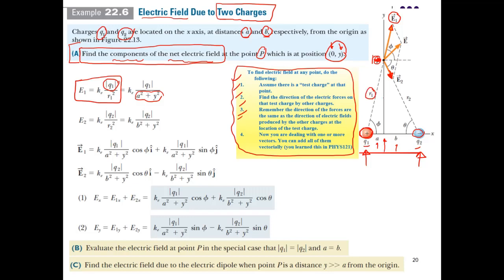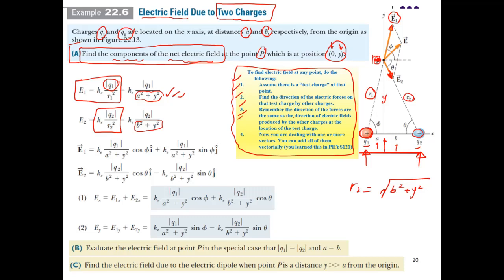Simple. This is Y. This is A. So R1 has to be equal to the square root of A squared plus Y squared. But here we need R squared. What about E2? Similarly, E2 is equal to K Q2 divided by R2 squared. Well, we have R2. We could find R2 is equal to the square root of B squared plus Y squared. But we need to square it, so it's going to be equal to B squared plus Y squared. Now the task is